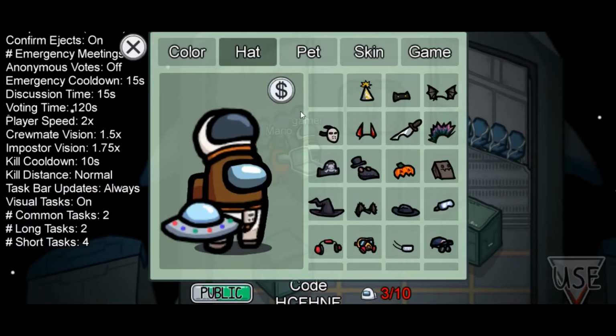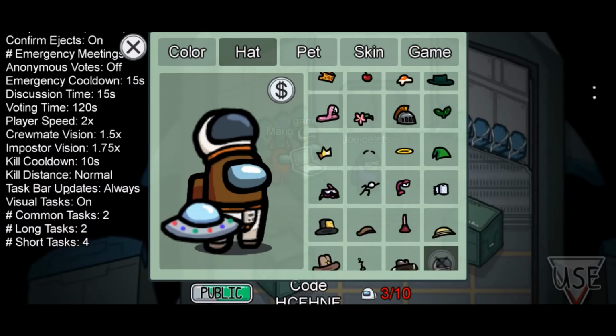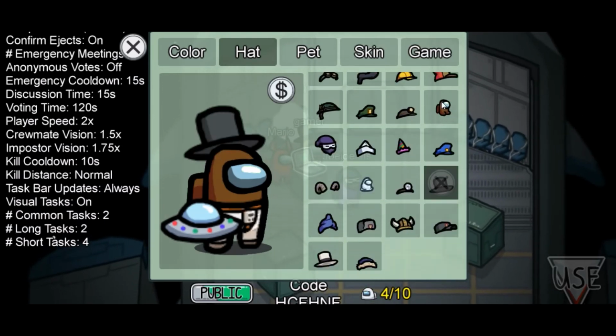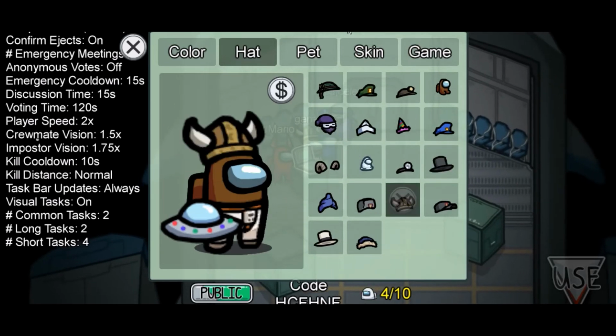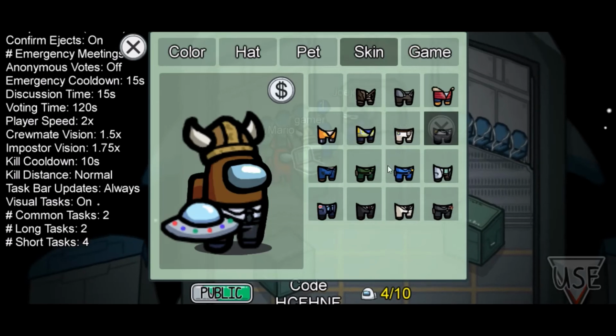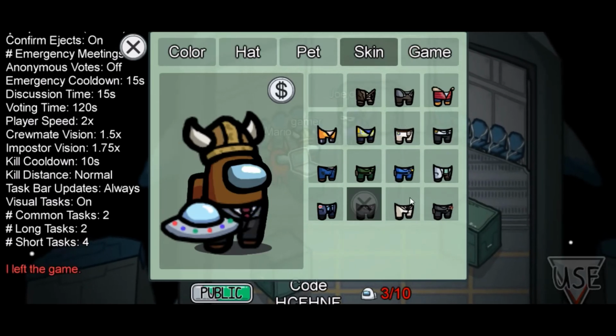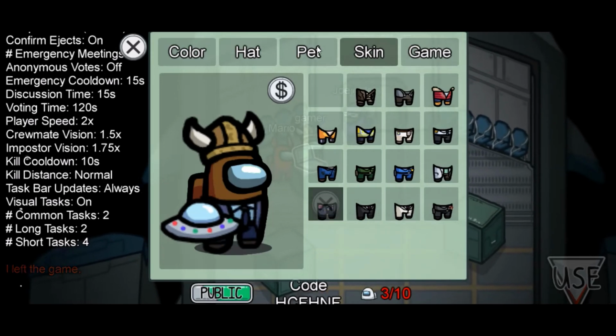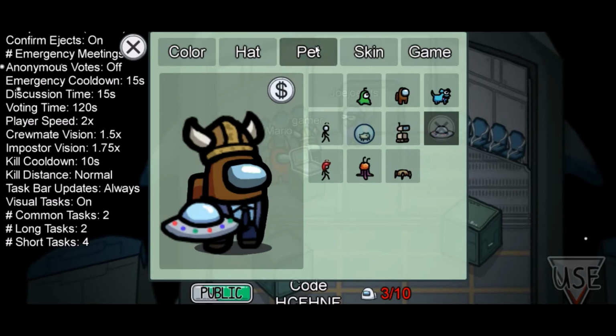I will just show you quickly that there are all the skins. You can see all the hats are there. Personally, my favorite one is this, and all the skins are here: pilot skin, police, gentleman, white suit gentleman, salesman, and all the pets are here.